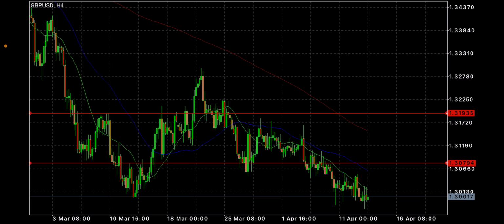This morning, we're going to be looking at the Great British Pound USD. But before we get started to break down this chart and this currency pair, we have to state that this